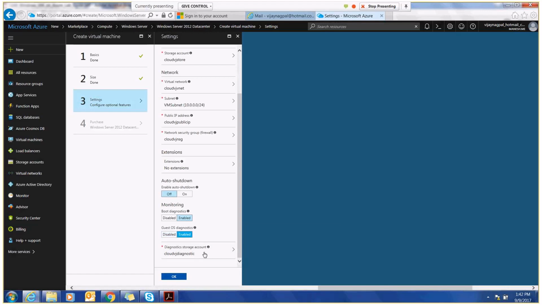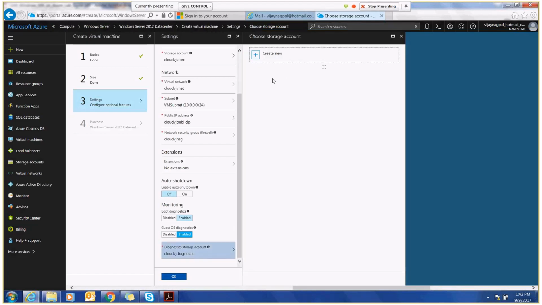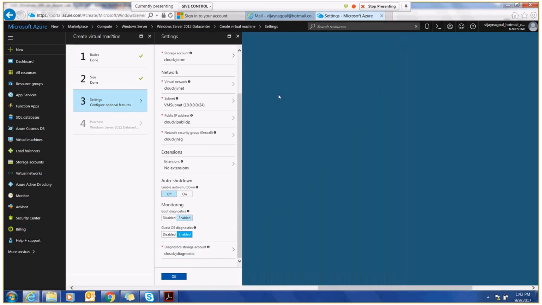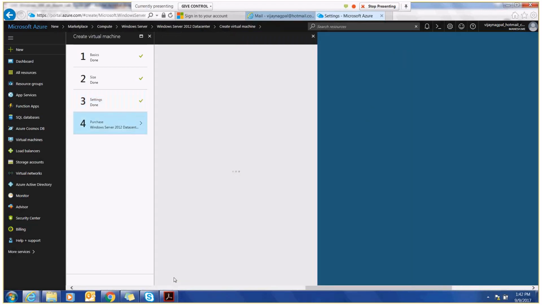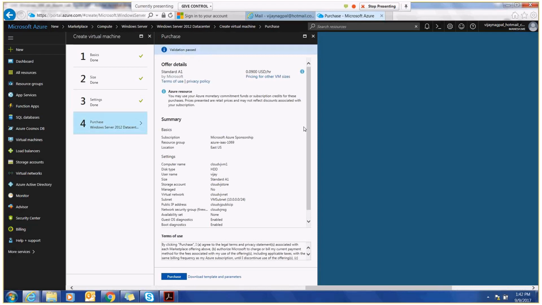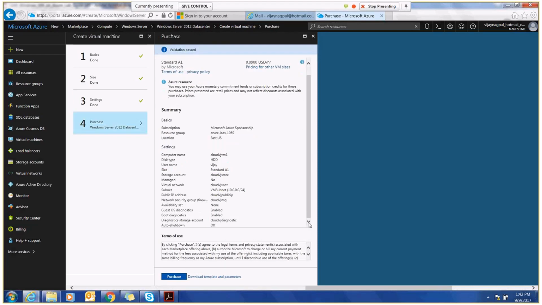And you can specify your diagnostic storage account which you have created. Select the diagnostic, yep, and say okay. And this will give you the summary information of what we have done. So we have selected A1 and your storage account, your subnets, your IP, and as I said earlier, a VNet,